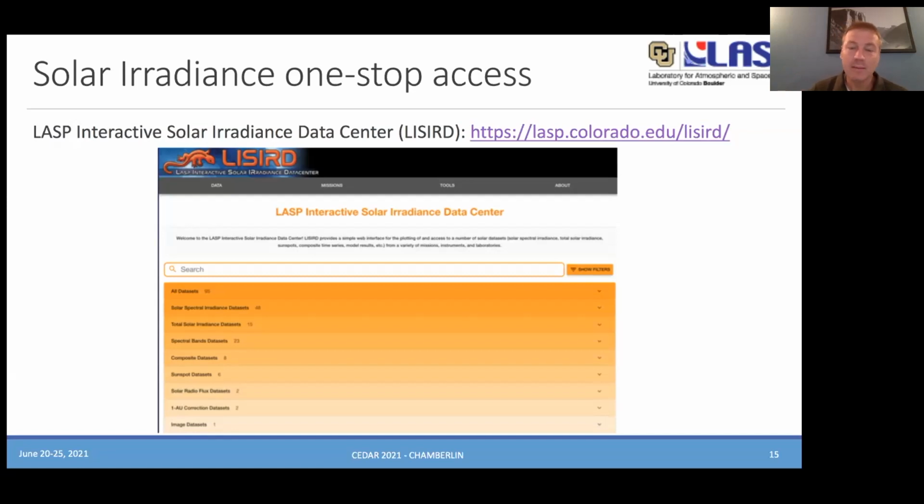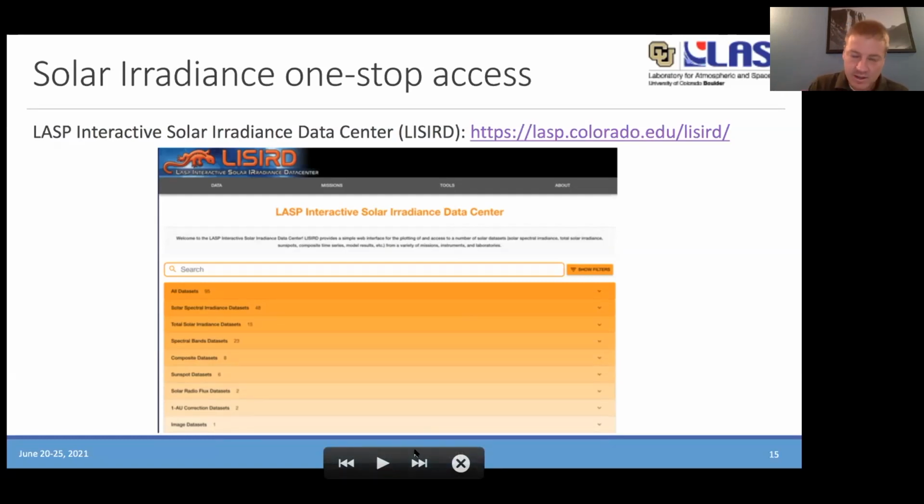There's a one-stop shop where you can get all those measurements that I showed in the previous slide: TIMED SEE, SDO EVE, SORCE SOLSTICE, MinXSS, but you can also get FISM. You just type FISM2 into this search bar and you come up with data products. I already have a data product being served here that is binned into the standard bands at 5-minute cadence, which hopefully will eliminate a step if you want to integrate FISM2 into your models such as WACCM-X or TIE-GCM.